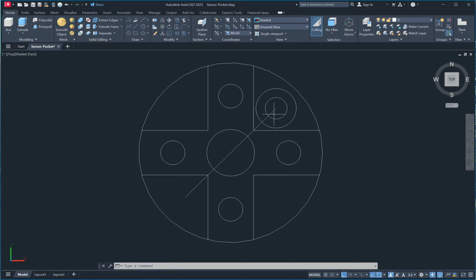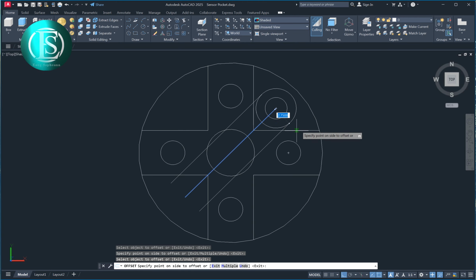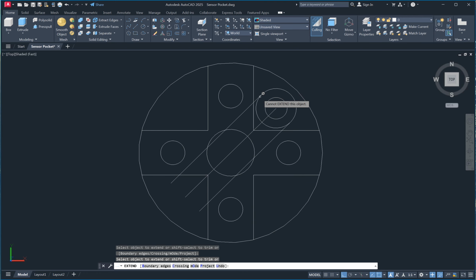So we can offset this. O, enter, offset, specify offset distance, we offset 2.75, enter, offset, and the next we extend, then enter, yeah.